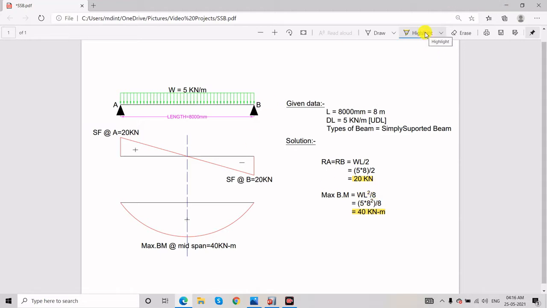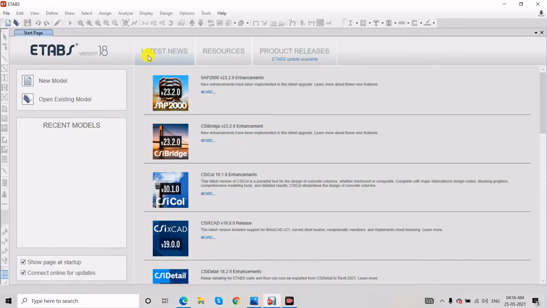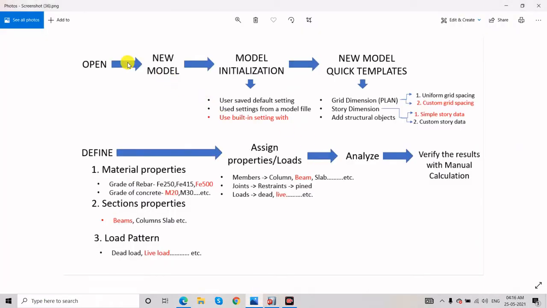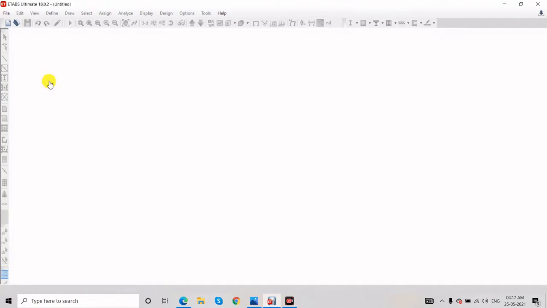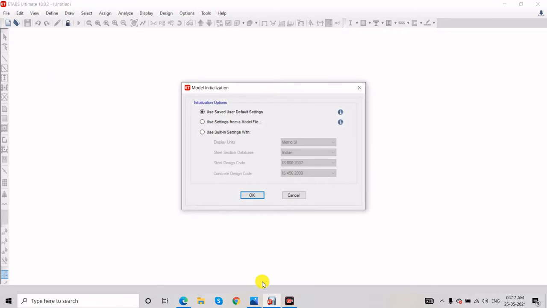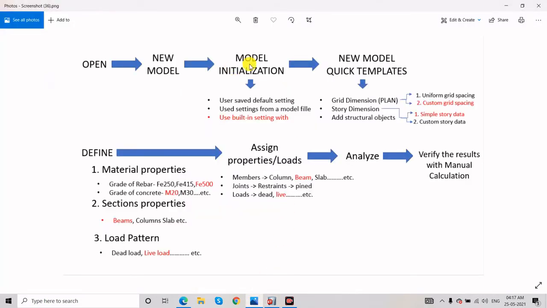So let's move on to ETABS. This is the first interface you can see in ETABS, and we will follow these steps. First we will open, then new model. After new model, the third one is model initialization.